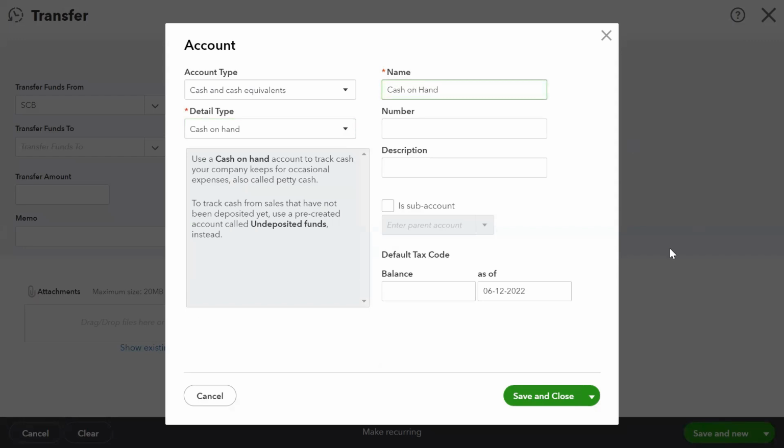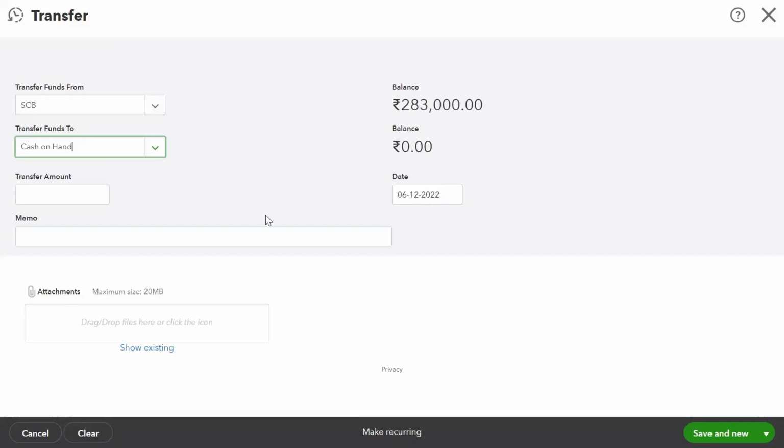So in this way, you can also add multiple accounts. So this is cash on hand. What is the withdrawal? So 10,000 is the withdrawal. And memo. Memo can be used as a narration, or it can also be used as any kind of description to your transaction. So here I'm going to say cash